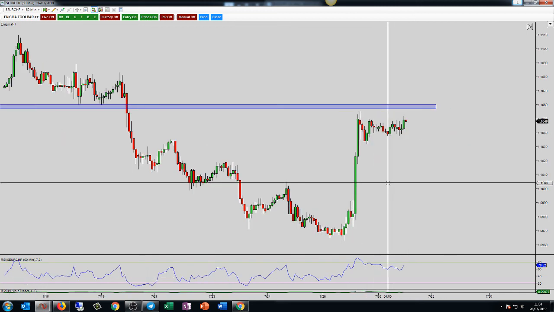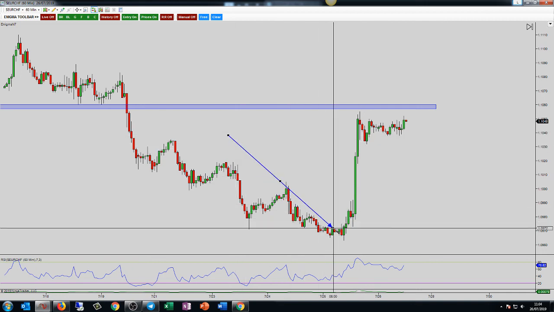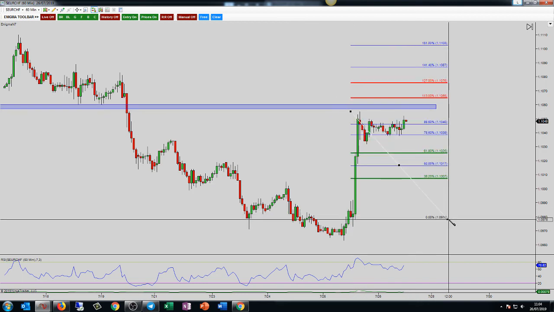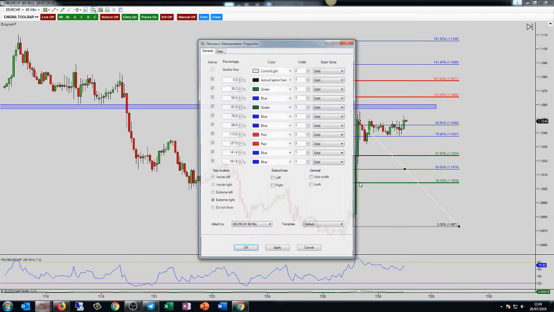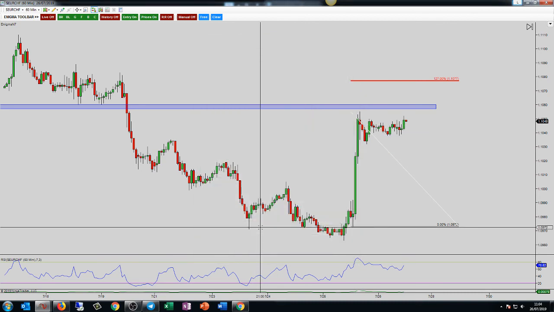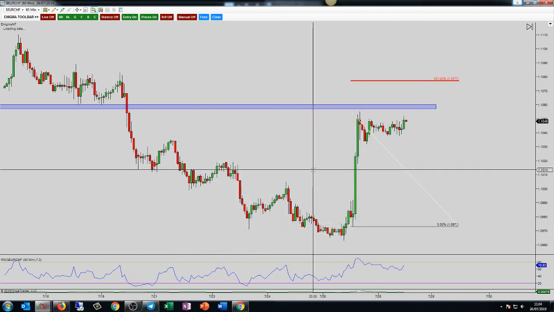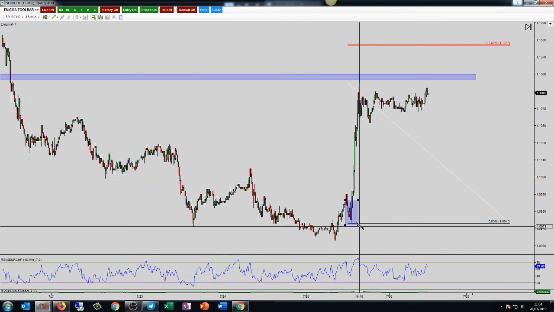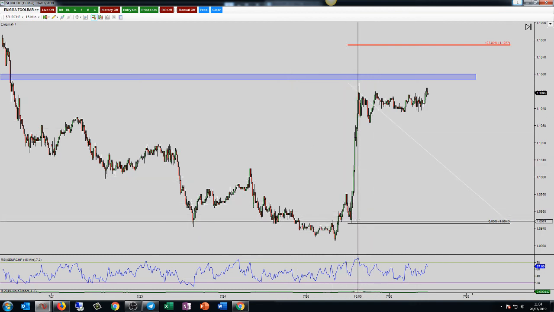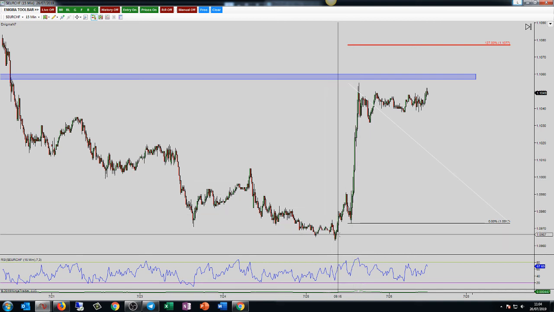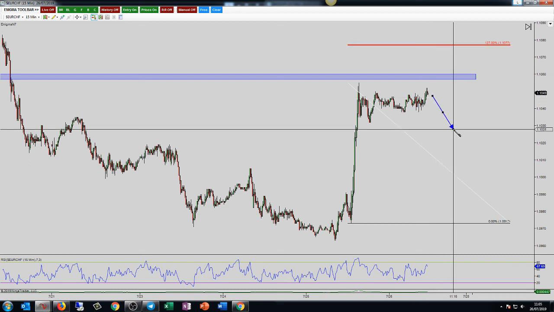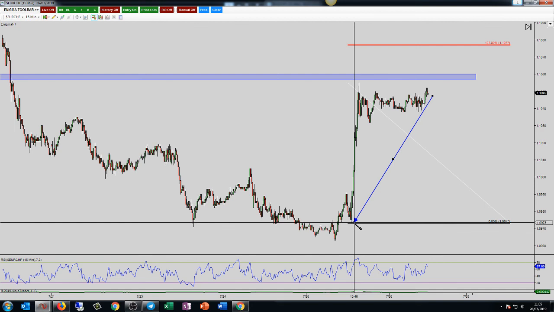One thing that you guys will be picking up on by now is the longer the pole, the further back the targets are. So I'm just going to put this 127 on. I will drop down to the 15 actually because the pole is on the 15. This here is the swing in the market. This is the start of the pole for me. It is not this level down here. There will be multiple times when we just tap that 127 and reverse, and you do need to make sure you pick the start of the pole correctly.